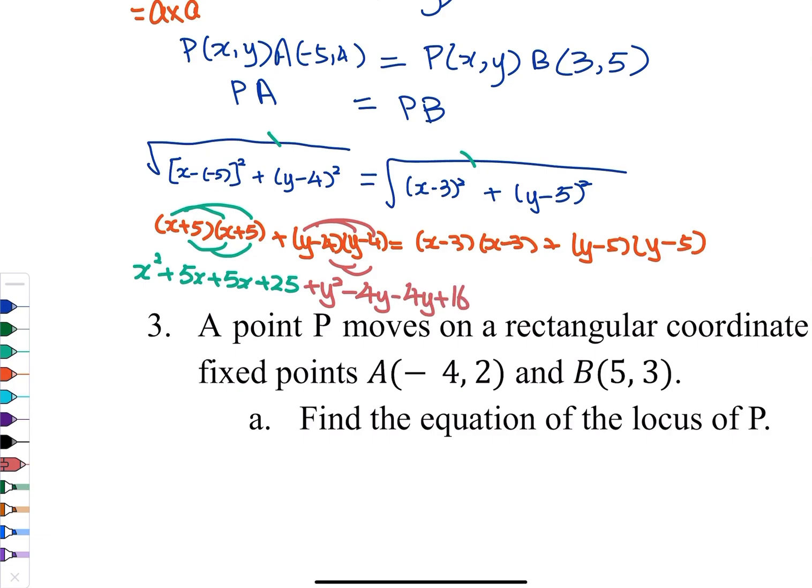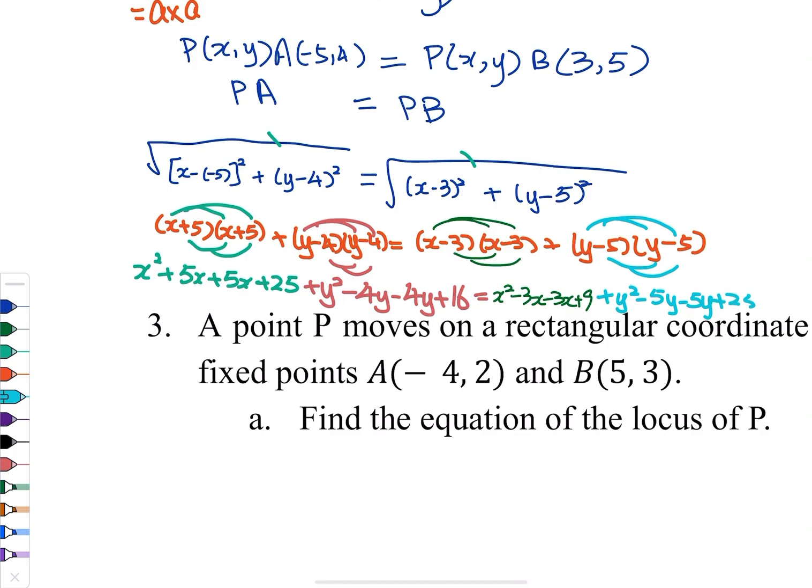Or you can also pause the video or skip a little bit and then see if the final answer matches yours or not. Sometimes I can be doing it wrong as well. So do let me know in the comment section down below or on IG or even on WhatsApp if you have my number. So anyway, let's continue. x squared minus 3x minus 3x plus 9, and then the last one, y squared minus